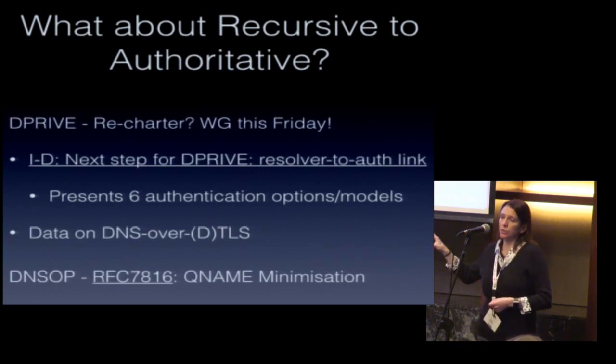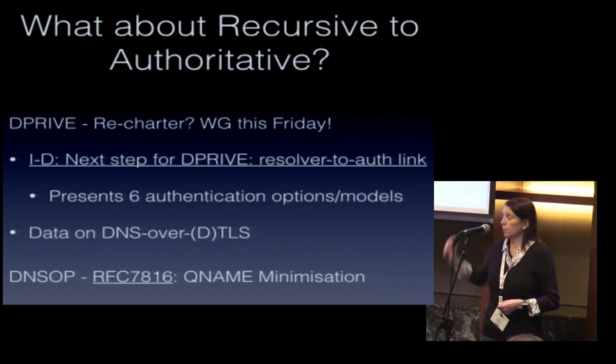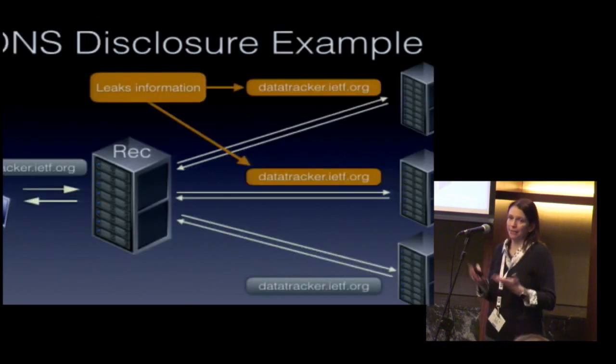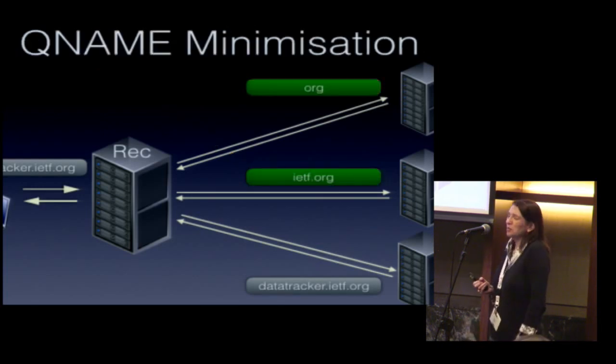One thing I do want to touch on is that, okay, we don't have an encryption solution for recursive to authoritative yet, but what came out of the DNSOP working group is a nice piece of work, QNAME Minimisation. So we go back to this picture earlier where the bad idea fairy said, leak all your information. And we come along with an idea from the better idea fairy who says, well, no, don't do that. Just send what you need to and stop leaking information.